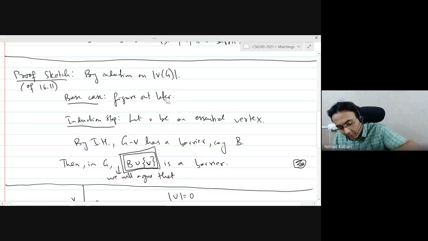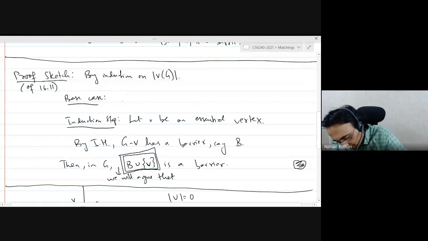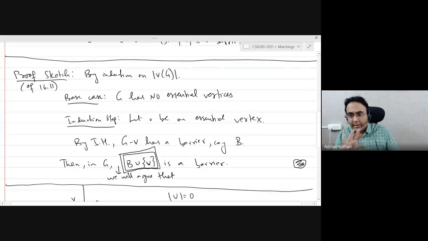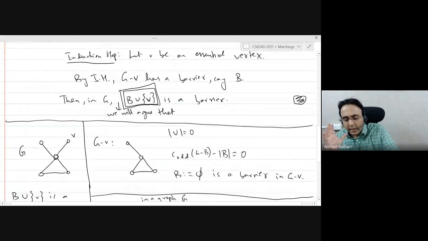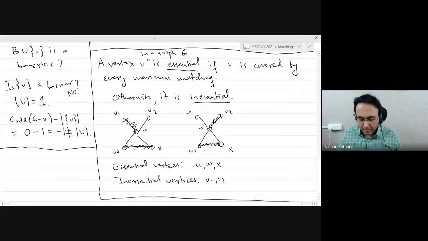And that brings us to our base case, when the graph does not have any essential vertices. If the graph has no essential vertices, we need to deal with that separately. And when there is an essential vertex, then you can turn a barrier from the smaller graph into a barrier for the bigger graph by just including the vertex you deleted.